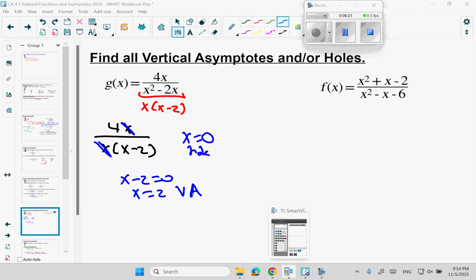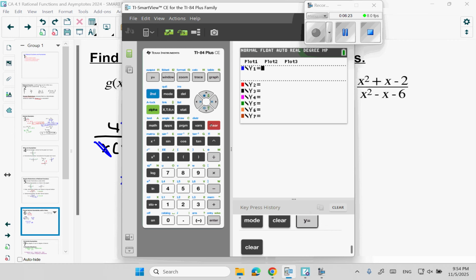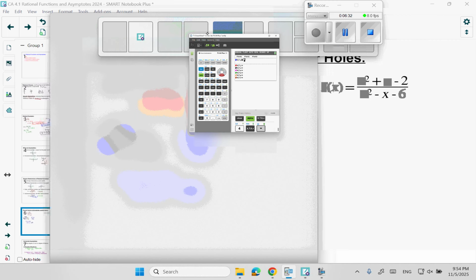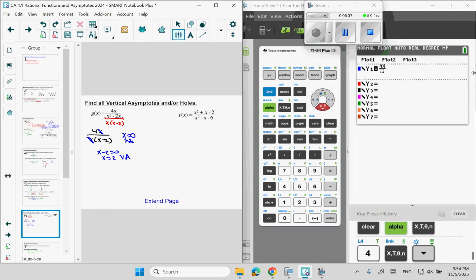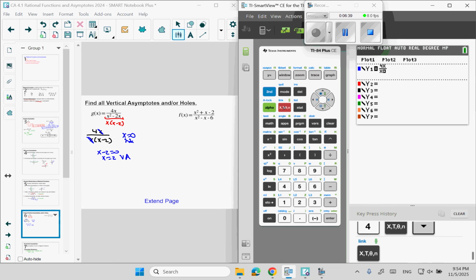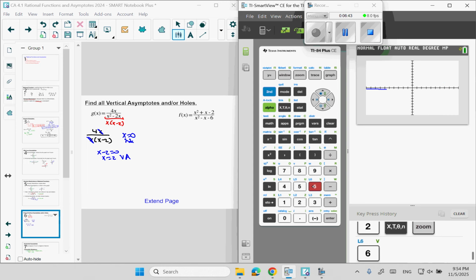And we can actually check this by graphing. So if we were to graph this, we get 4x over, goodness gracious, what was it? X squared minus 2x. Let's go to zoom 6 to make sure it's standard. I see this vertical asymptote right here. That looks like x equals 2 to me, though it's kind of hard to see what's going on at x